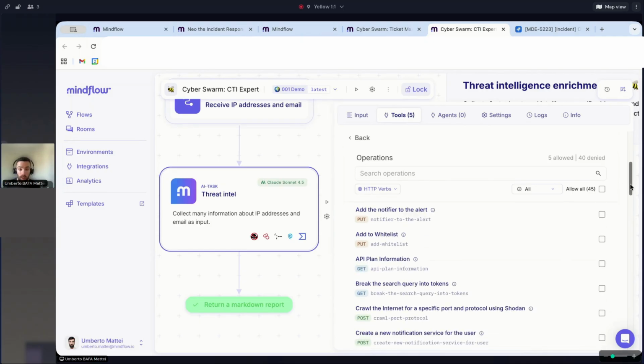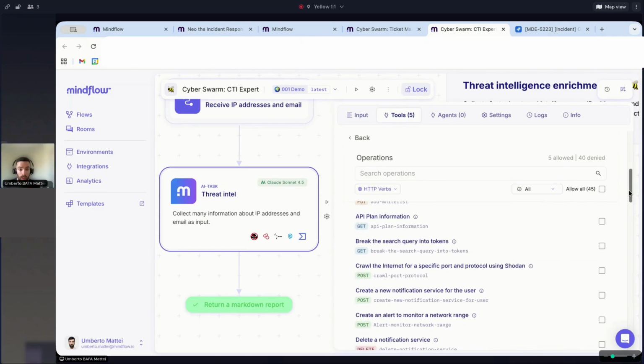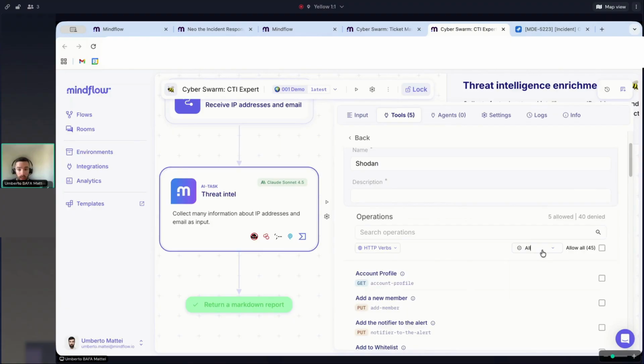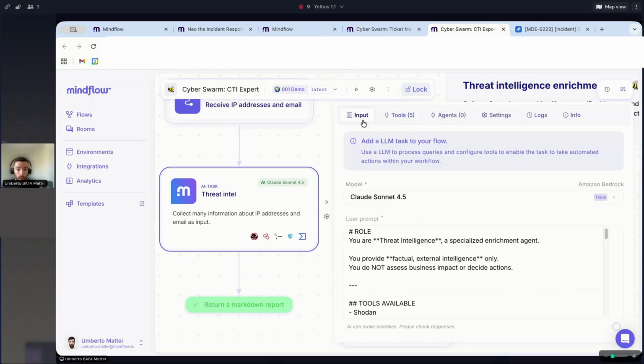Here, for instance, we have 45 different endpoints we could call, but we decide to call only a few of them, the ones that are relevant for the job of the sub-agent. That allows us to have relevant context and provide extra security when using those agents.